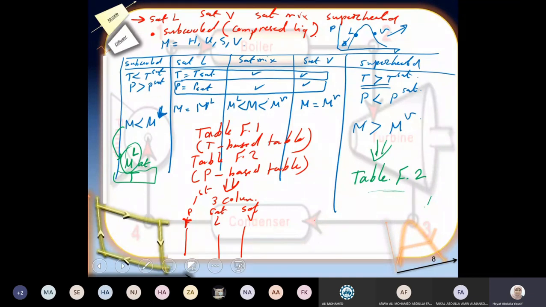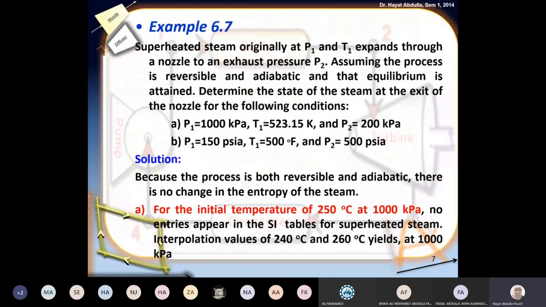Last thing before I finish today's lecture, now this table just summarizes how to know the properties, if it is saturated liquid or saturated vapor or subcooled. Last thing which I did not answer is the exact property here. And to answer this, let me just show you what we have in this